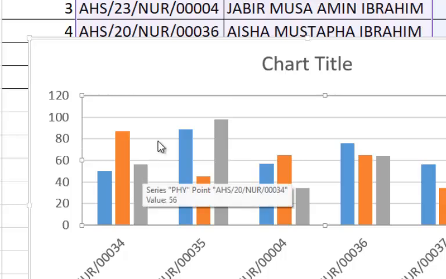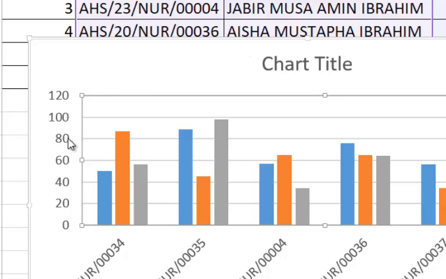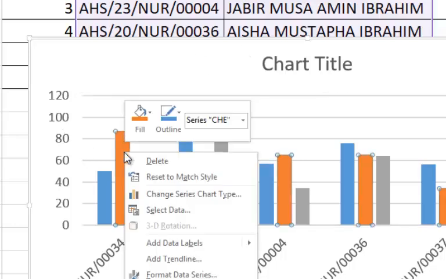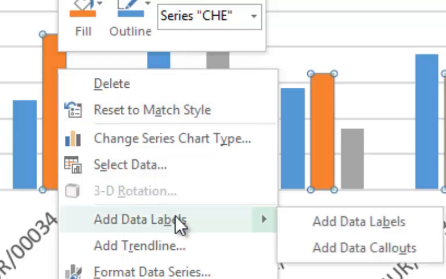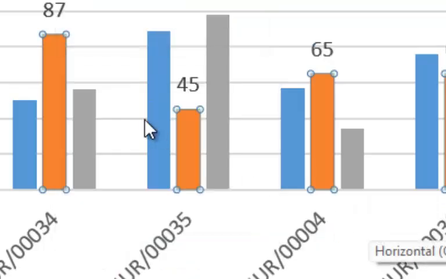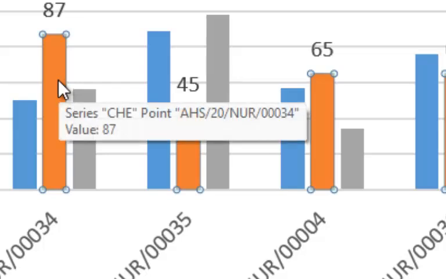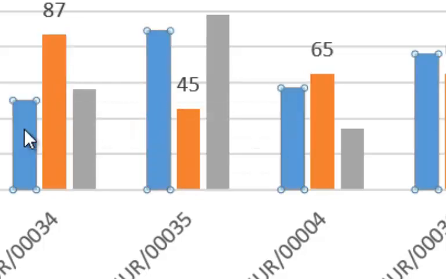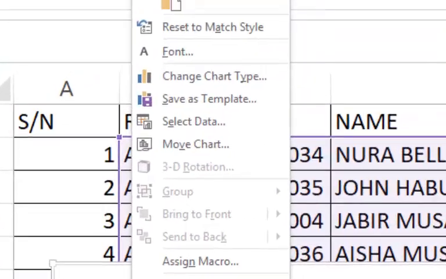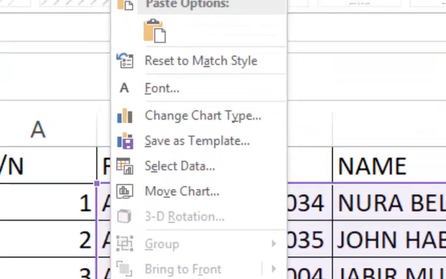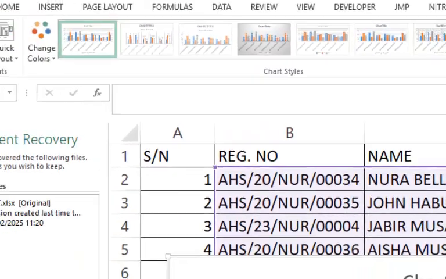So to allow the figures or the data labels to appear, you right click on one of the bars, you go to add data label, you click on add data label. This will indicate the data label. Since we clicked on only chemistry, it will apply for the chemistry. But in a situation whereby we click on all the